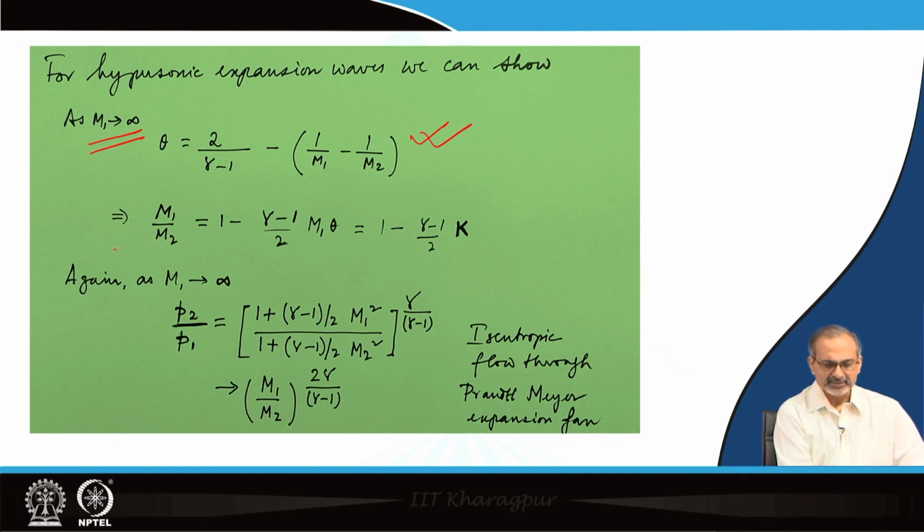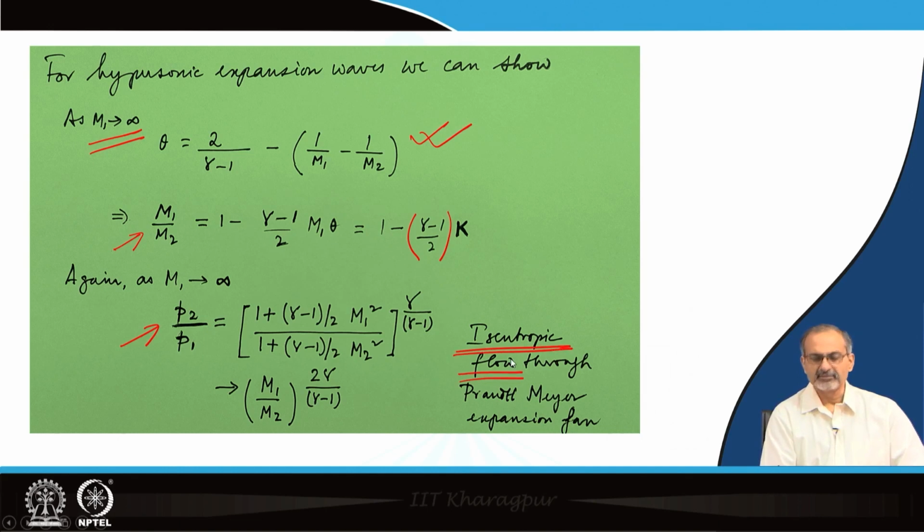So, if we rearrange, then we can express it as M1 by M2 equal to 1 minus (gamma minus 1) by 2 times K. Again, as M1 tends to infinity, we can say that the pressure ratio P2 by P1, which basically follows the isentropic relationship, can be expressed in an exact manner like this,